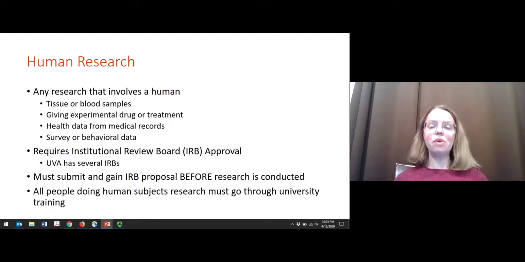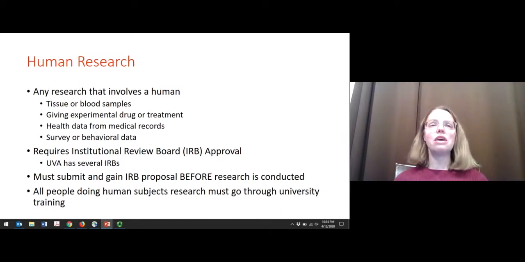And so the number one thing you need to remember is that to be able to do anything that's related to a human, you must put a protocol in and be approved by the Institutional Review Board, or IRB. You're going to see 1,000 acronyms tonight. Everything has a board, basically, and everything needs approval. And UVA actually has several different IRBs. They have some that work on the more medical side, some that work on the more behavioral and survey side. So there's different expertise of different IRBs, but you have to put that IRB in before you start any research,